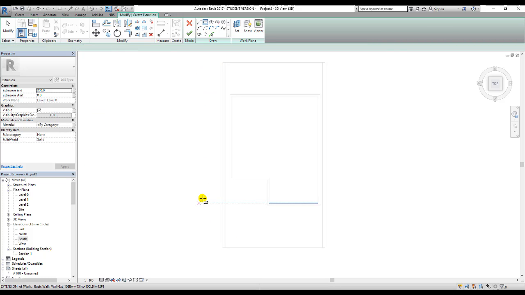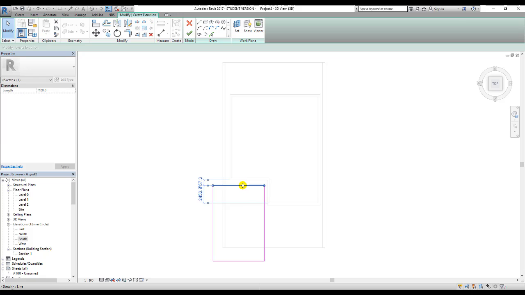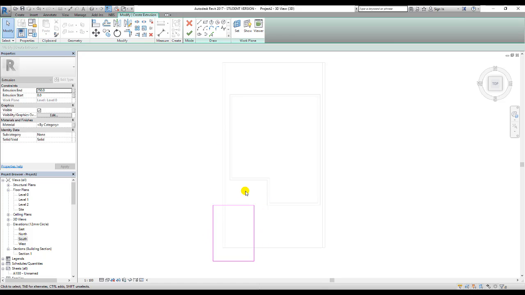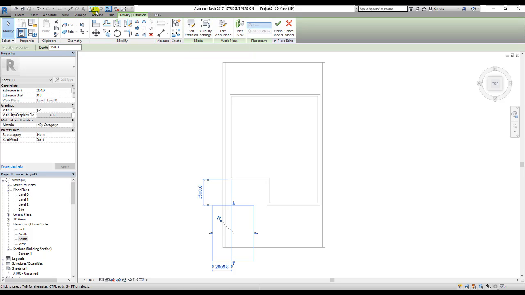I'll use the rectangle, so I'm just going to take a rectangle and I'm going to chop this bit out. I'll maybe move this down a bit further to maybe that point there. So I'm going to chop out the roof around here. So it's going to come along, and then even though it's arched, it's going to come out around here. It's important when you do this that you make sure that your void form is going to sit outside of that. It doesn't matter what this bit looks like, it's this bit that cuts inside the roof is the important bit. So I can then say OK to that, and I'll go back into my 3D view,